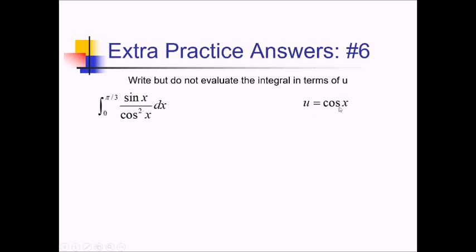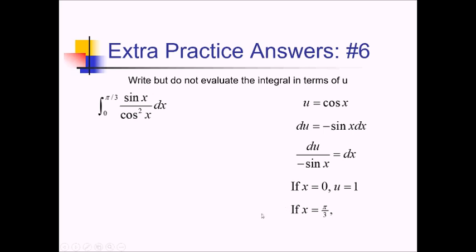So if u is cosine, then that means du is going to be negative sine of x dx. So then I can write du over negative sine of x equals dx. I'll also need to swap out these x values in my limits of integration. So if x is 0, then u is going to be the cosine of 0, which is 1. And if x is pi over 3, then u is the cosine of pi over 3, which we know to